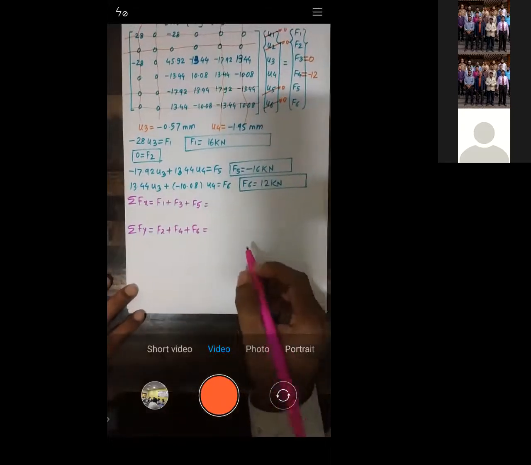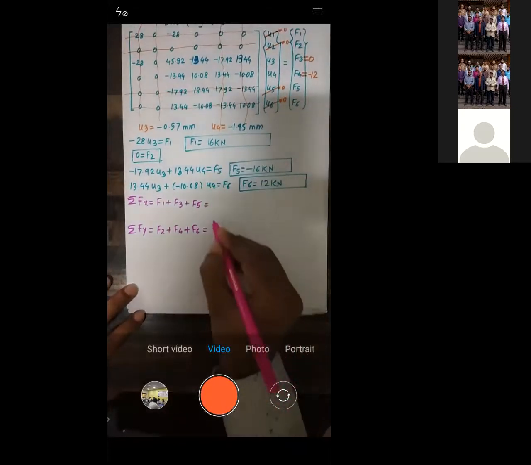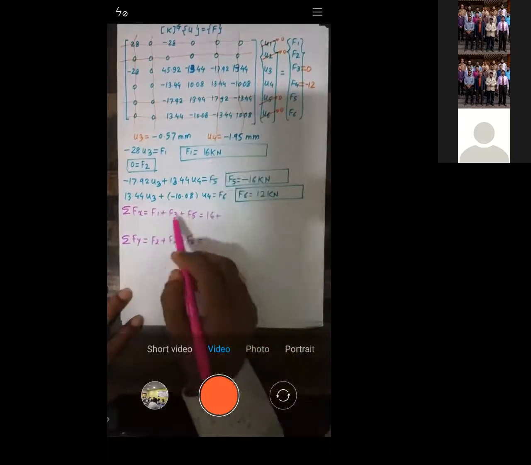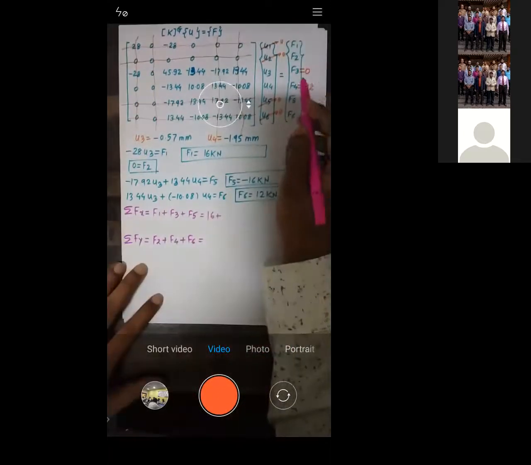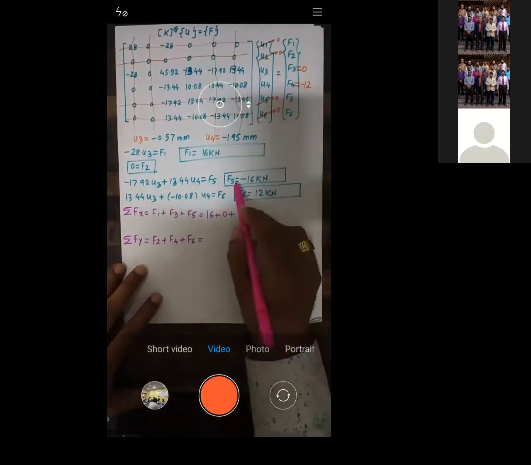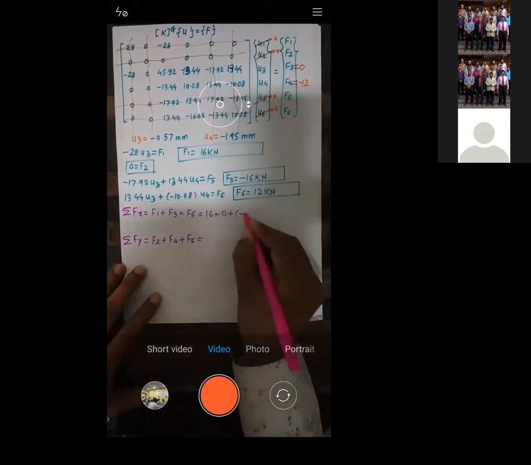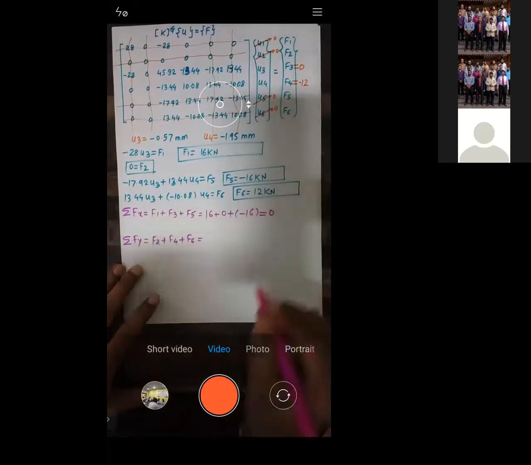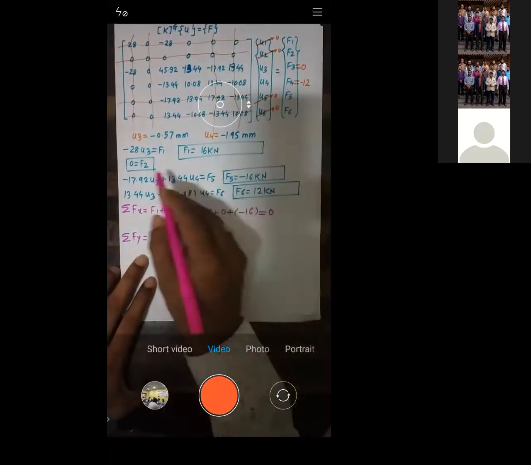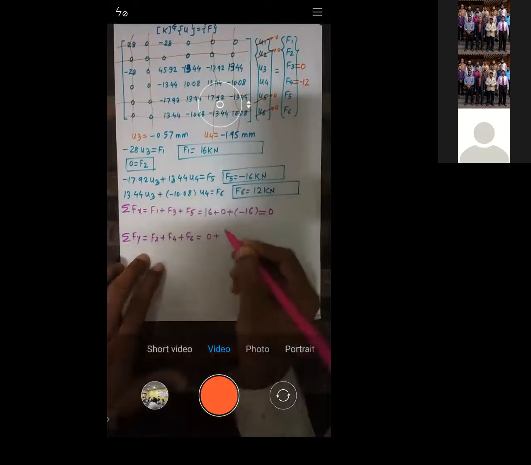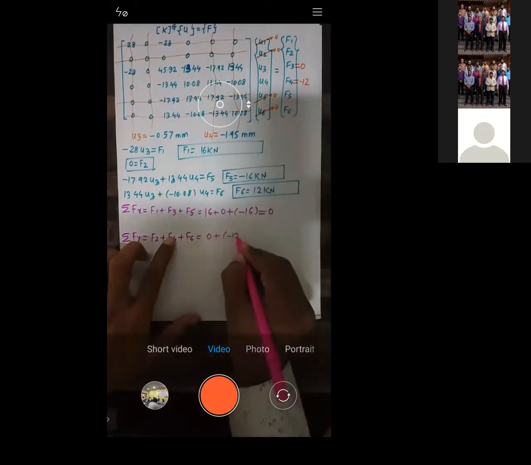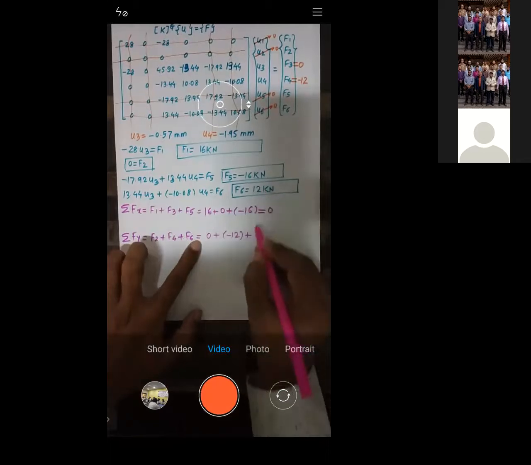Okay. Now let us do the calculation. F1 is 16. Let us go for F3. F3 is 0, plus F5. You can check it. What we got is minus 16. So if we take the summation, it will come as 0. Similarly, go for F2. F2 we have calculated is 0, plus F4, which we have entered, it's minus 12, plus F6, which we have calculated, it's 12, right?